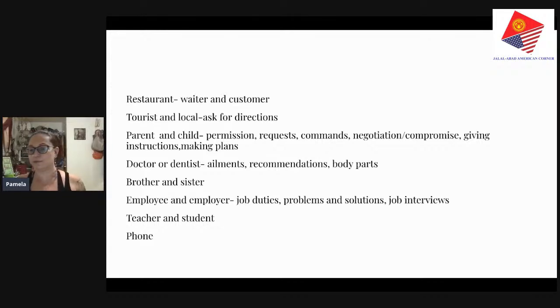I mean, don't think just because they're laughing and having fun that they're not learning. It's really great to see them be silly and really practice these things and really get them perfected and mastered. A tourist and a local, asking for directions, asking for information about the city, asking about money,